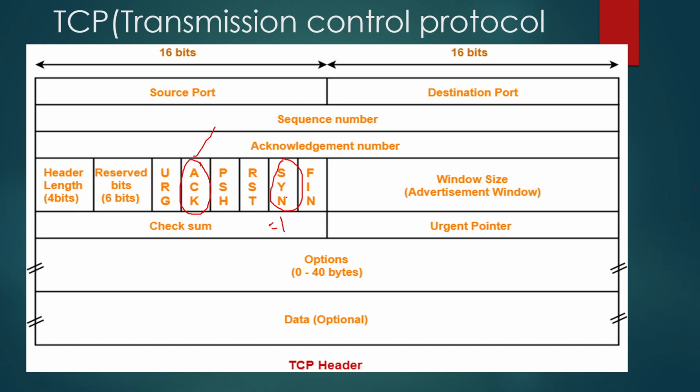How many bits are pending? They will ask you when the synchronization bit is used. When it is trying to establish a new TCP connection, the SYN bit will be set to 1. When is the acknowledgement bit used? If the server or computer receives a SYN, it will acknowledge by using the acknowledgement bit. Okay. Now, what is the push flag?